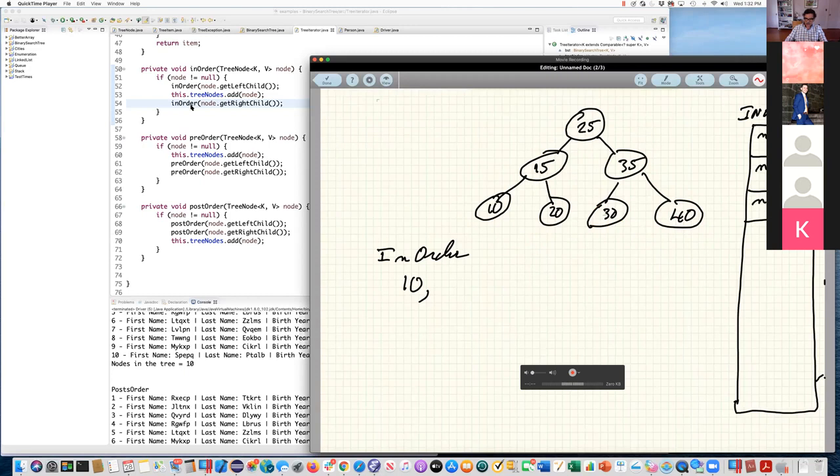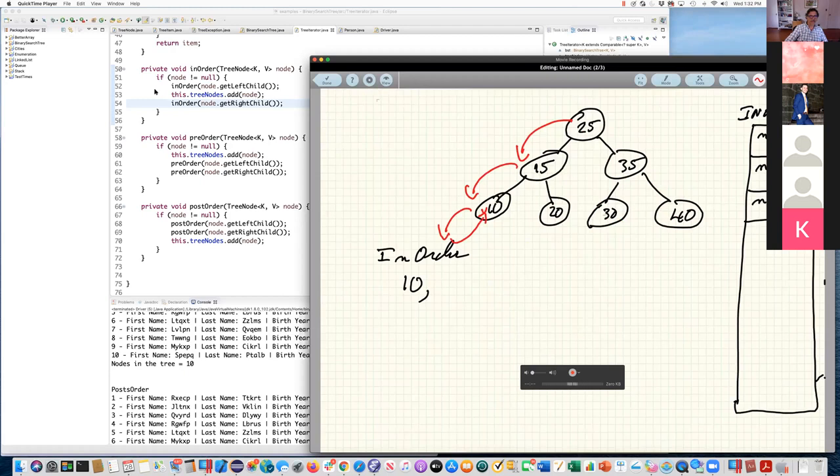Okay? So so far I've gone here, I've gone here, I've gone here, I've gotten back. Now when you go back, you visit the node. Okay? Because I'm coming back from the left. When you come back from the left on line 52, you always visit the node.